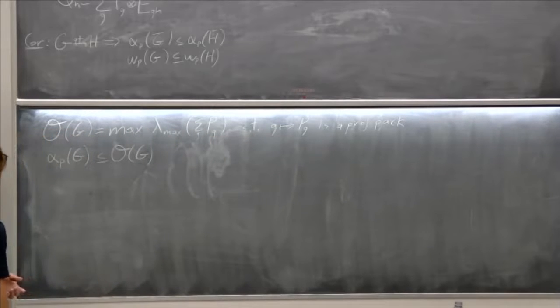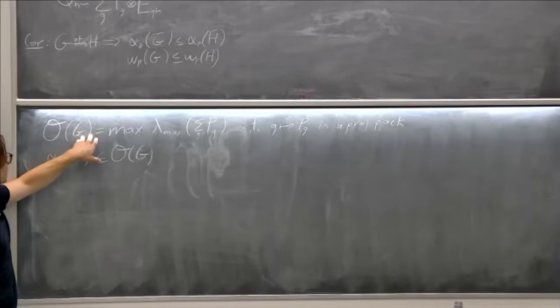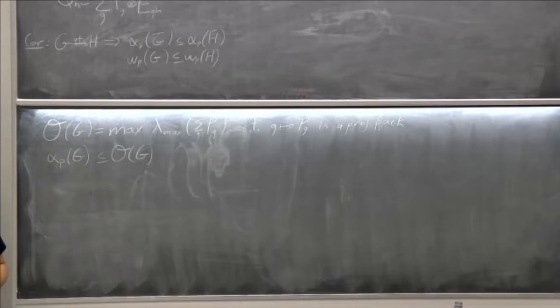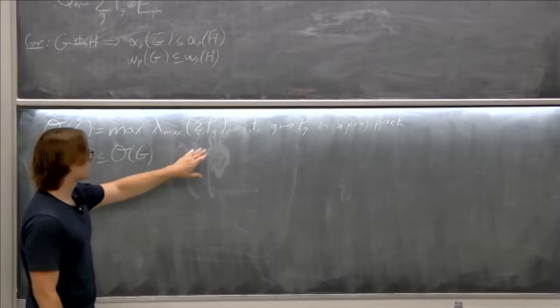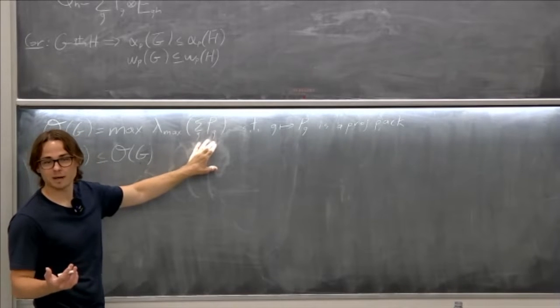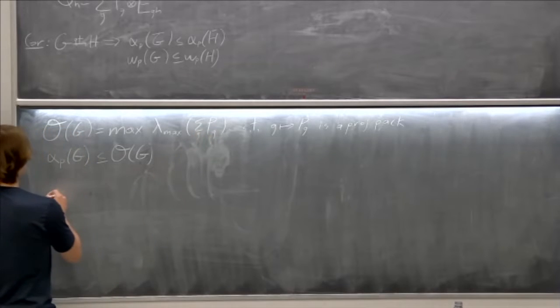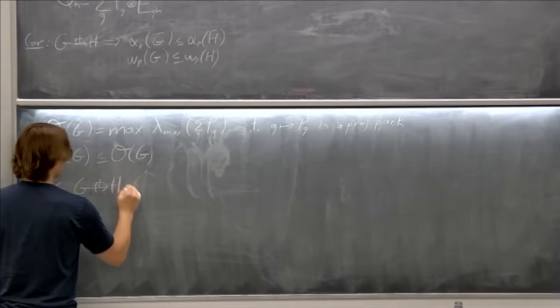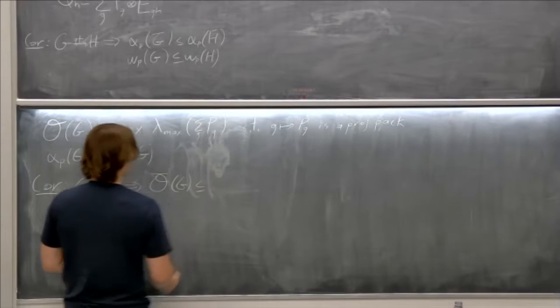Because from this lemma, I can take some solution for theta of G, or rather theta of G bar, I should say, and then I get a solution for theta of H bar. And I'm just replacing this sum with this sum tensor identity. Well, that doesn't change the maximum eigenvalue. So this means that if I have a quantum homomorphism from G to H, and I use this theta bar,